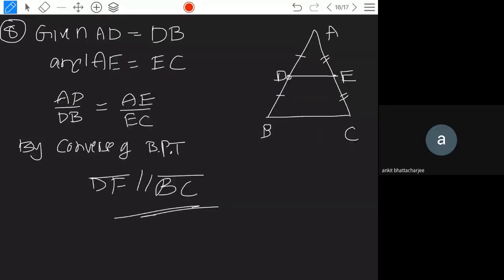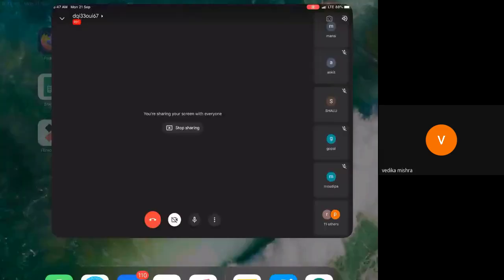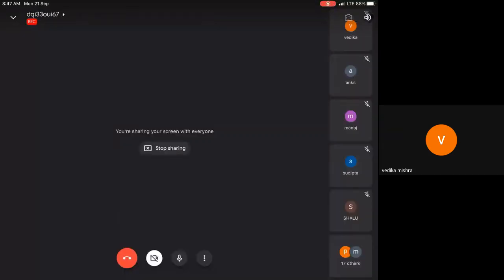Yes, sir. Next is the ninth problem. See here. The question: ABCD is a trapezium. Here it is given. Can anyone say what is meant by trapezium? Which has two parallel lines and two non-parallel lines. It is not mandatory that the other lines are non-parallel. That is the wrong concept you people are having.